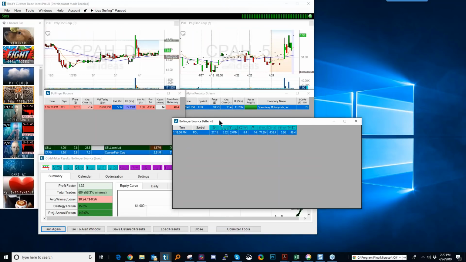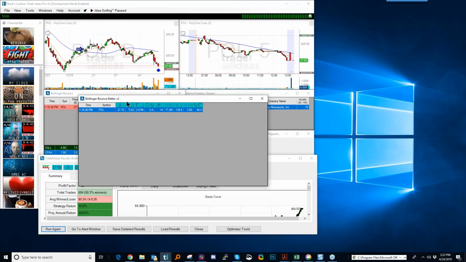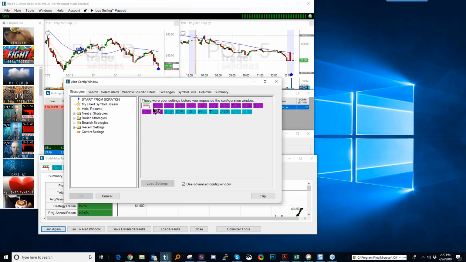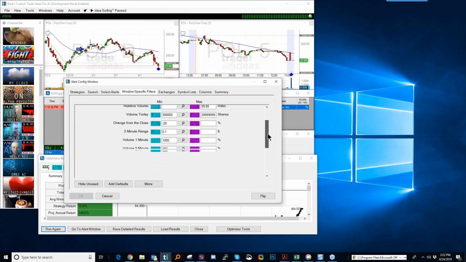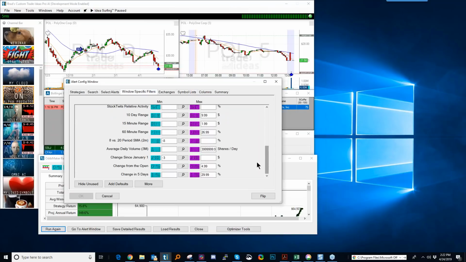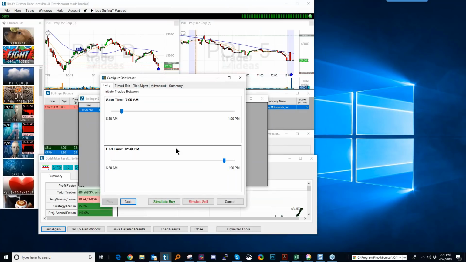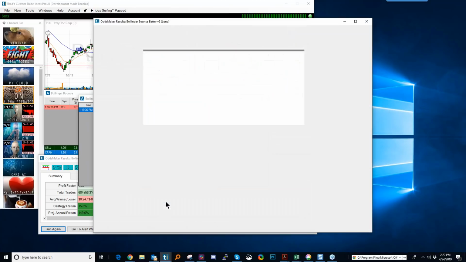All right, so this other window that I have right here is the Bollinger Bounce Better. It's one that's really been optimized. It's gone through the algorithms. It's not complete, mind you, but it's kind of a work in process. So this has a few more filters on it. If I go into configure, you can see all the filters that I have on here, which is a few more than before. If I scroll down, you can see I have a few more filters in here, mostly max filters, a few min. So now let's go ahead and run the backtest. And this is really the dramatic difference that you get by adding a few very pertinent filters to the base strategy.